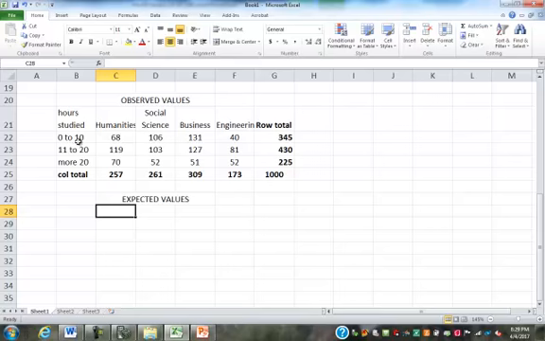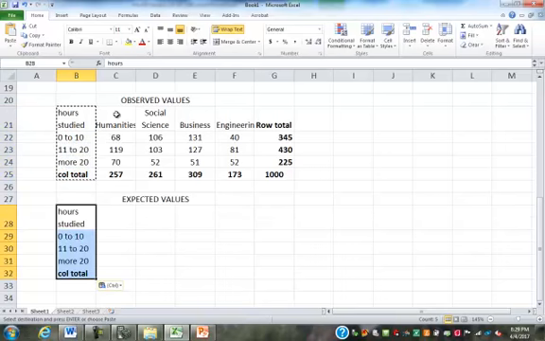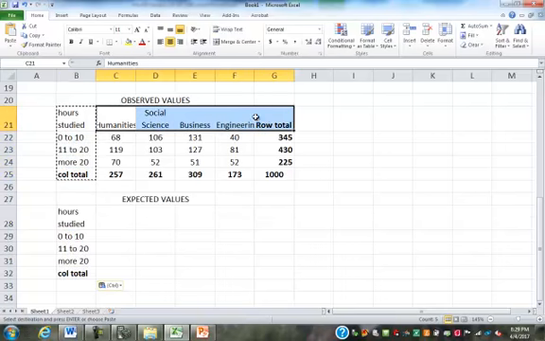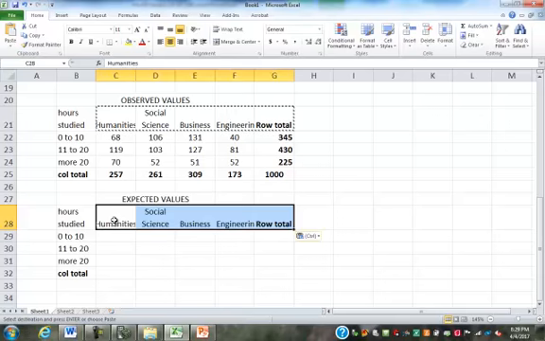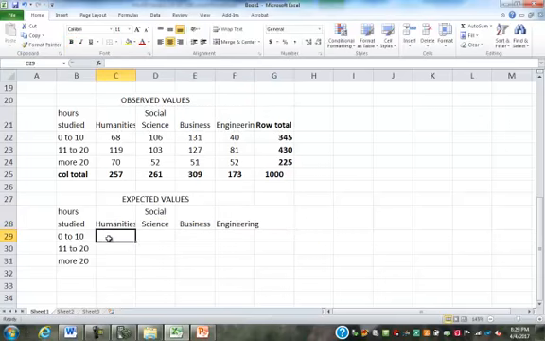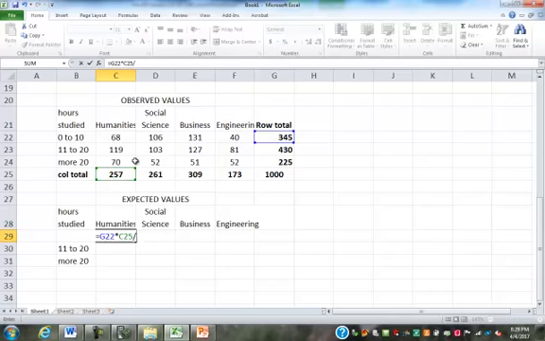Let me just copy these. I really don't need the totals, so I'm going to get rid of those. What goes in here is this row total times this column total divided by the grand total of 1,000. I'm just going to type that in. And here I'm going to do